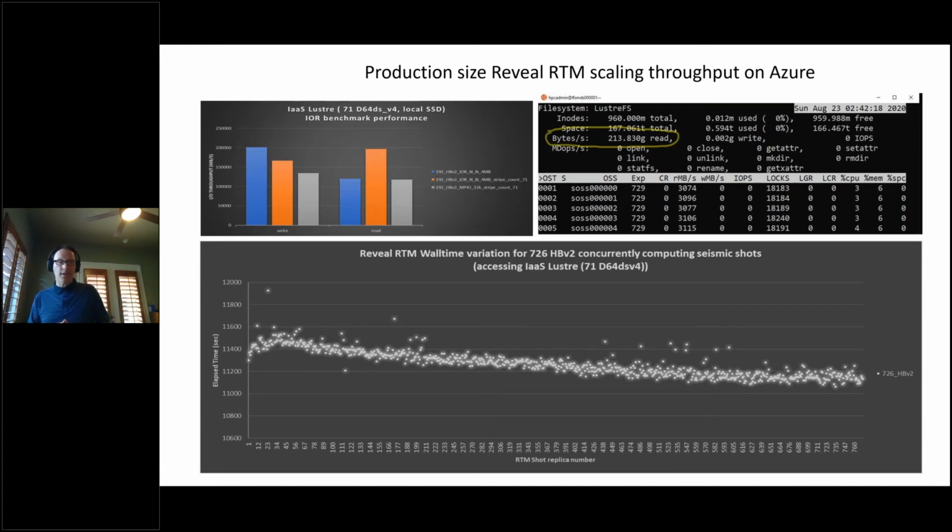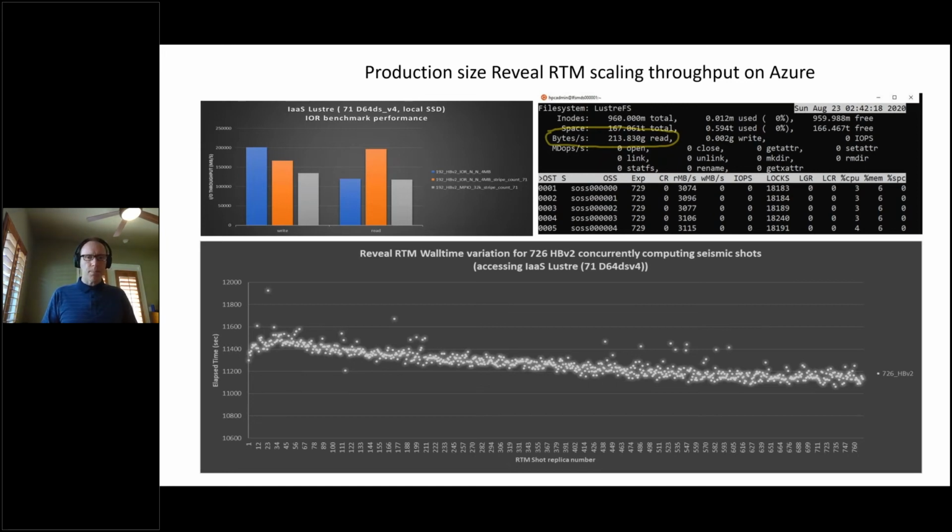For this particular test, an IaaS Lustre parallel file system was built. In the upper left bar chart, we can see the result from running various synthetic I/O benchmark tests with IOR, using different Lustre tuning configurations and different I/O patterns. You can see we were able to achieve about 200 gigabytes per second of performance. And over on the upper right-hand side,